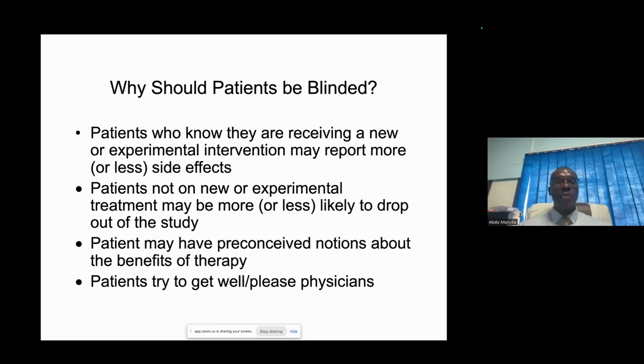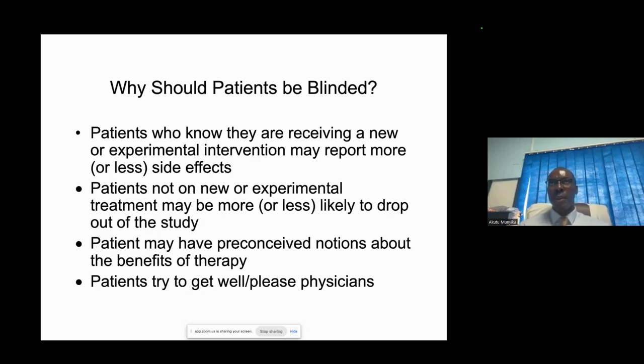Patients not on a new or experimental treatment, on the other side, may be more likely to drop out of the study, all right, or less likely to drop out of the study if they know that new treatment has been spoken about in media, people have reported good benefits, and they are told that you are going to get the old treatment. Obviously, they might think, why should I be subjected to the old treatment? So they may have those